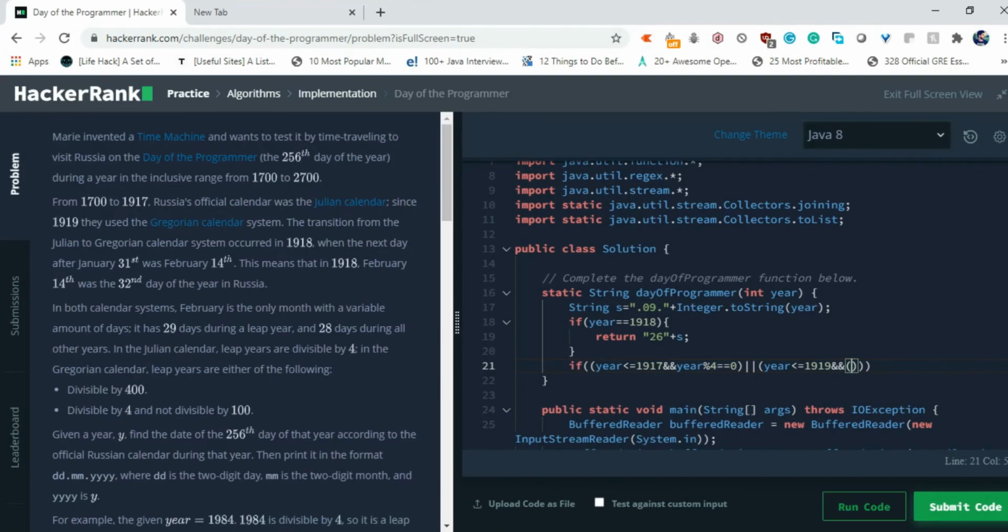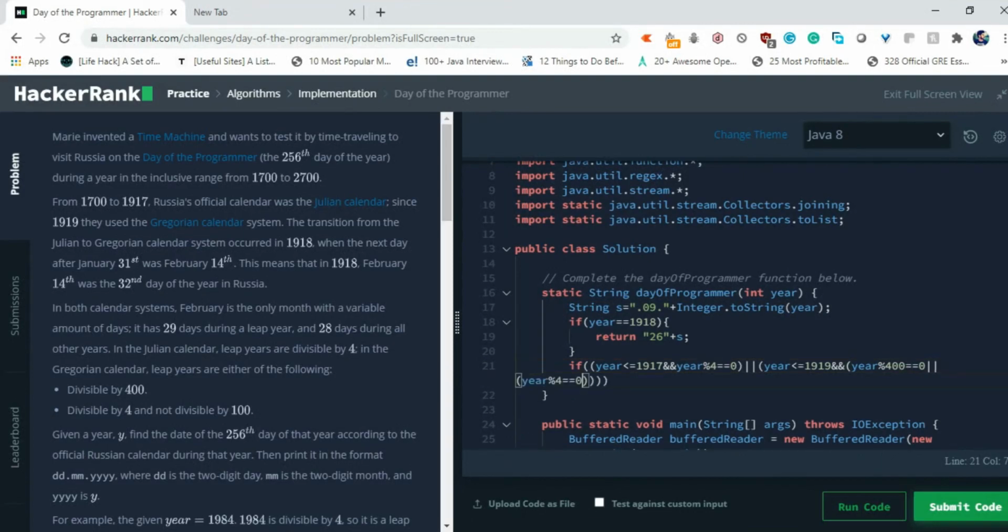The conditions are: if year mod 400 equals 0, or year mod 4 equals 0 and year mod 100 not equal to 0. Then what we have to do is return